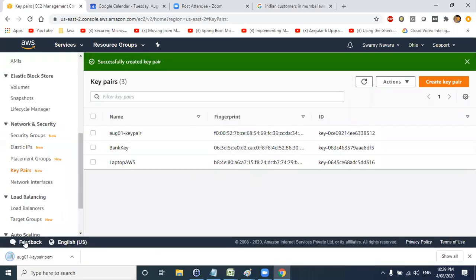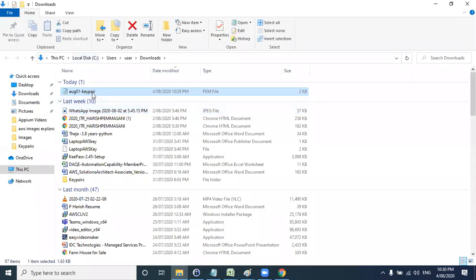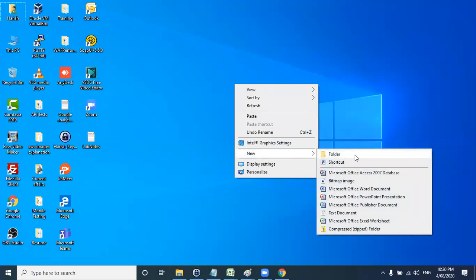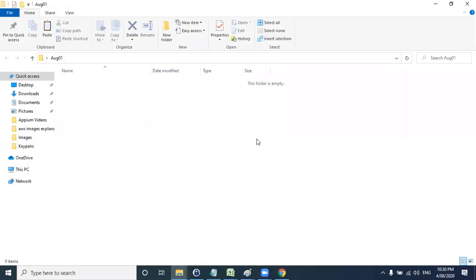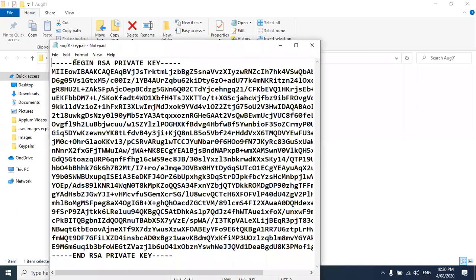So create a key pair. Once you create a key pair, there is an automatic download here, august1keypair.pem. Suppose if you have deleted this key pair, it's gone. The EC2 instances which you create with this, whatever you are downloading here, is a private key. Let me copy this. So this is the private key. This will be unique for you itself. So if you see here, RSA private key, they are using the RSA algorithm, and this is your private key.